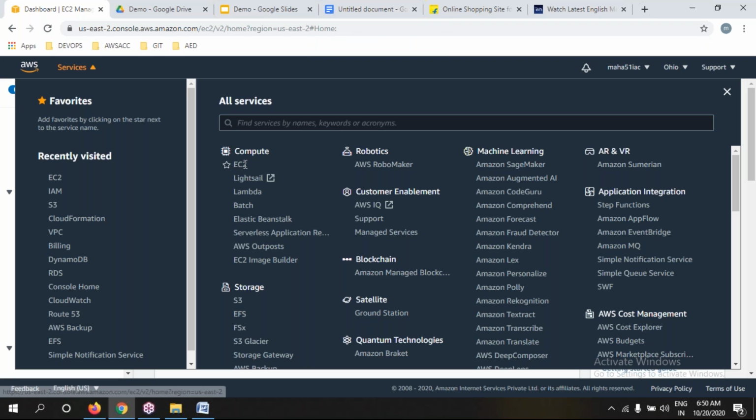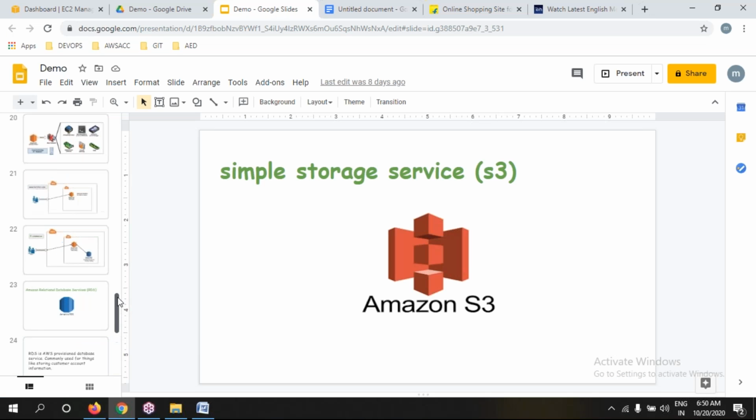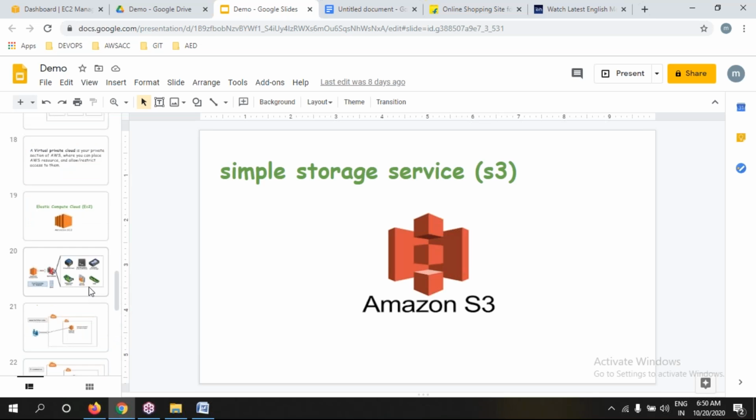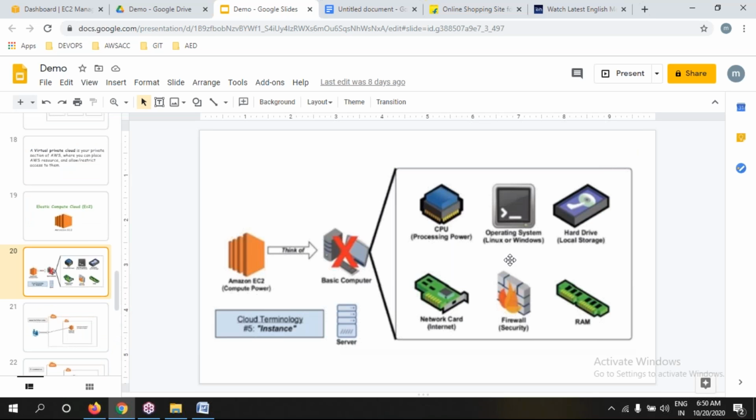What is EC2, please? Elastic Compute Cloud. For creating EC2, what are we going to choose? CPU, RAM, operating system, hard disk, and security. So if you want to create a server, what things are we going to select?